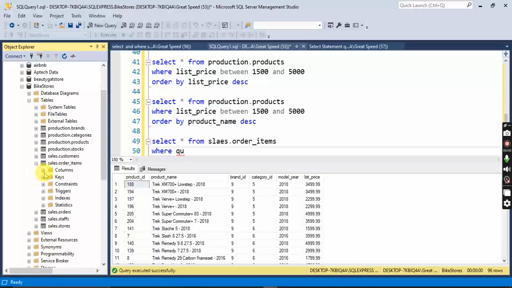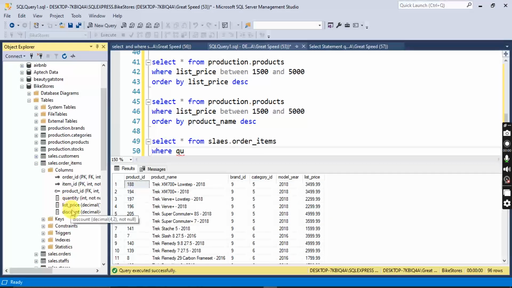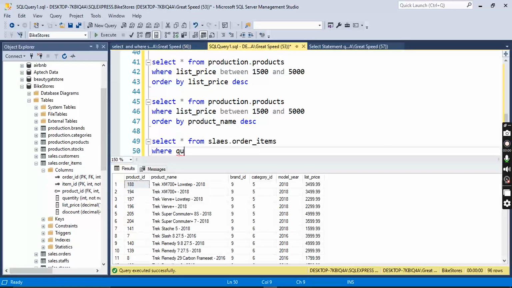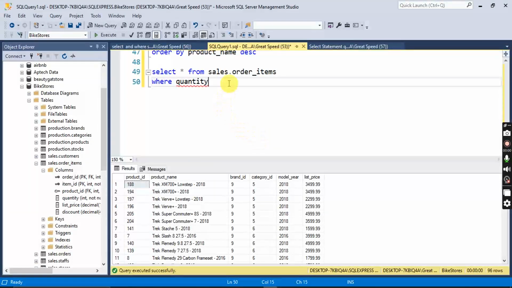So let me see the column names. Okay, so that's this quantity, and it's order items, and it's sales, not sellers. So where quantity is greater than